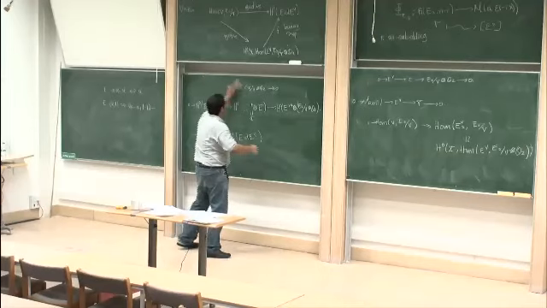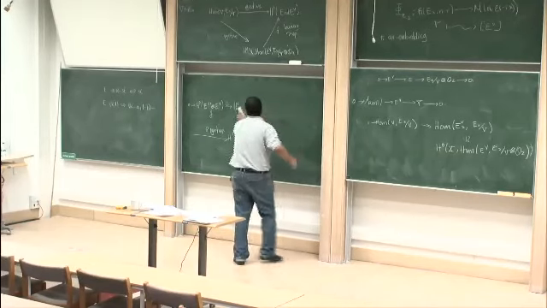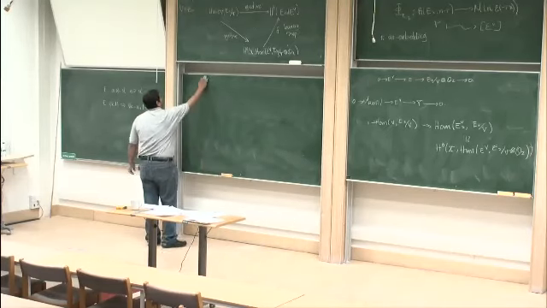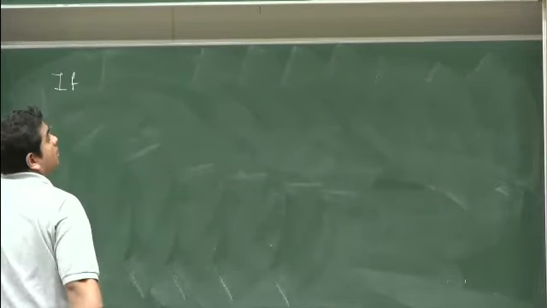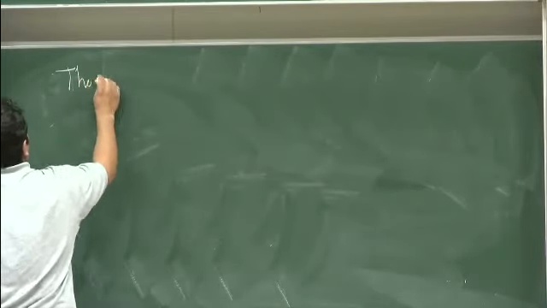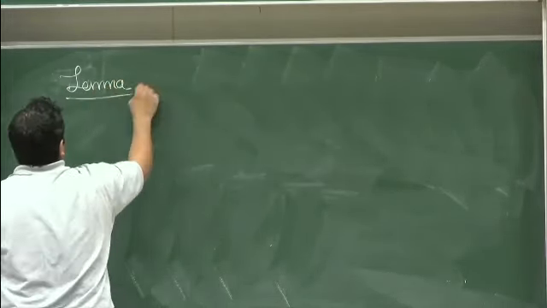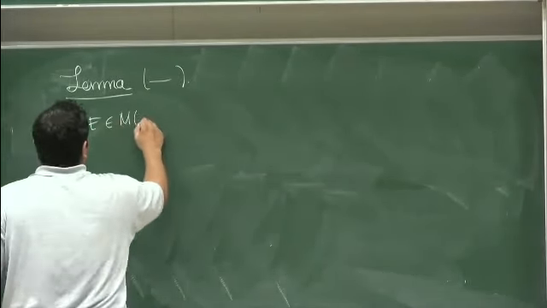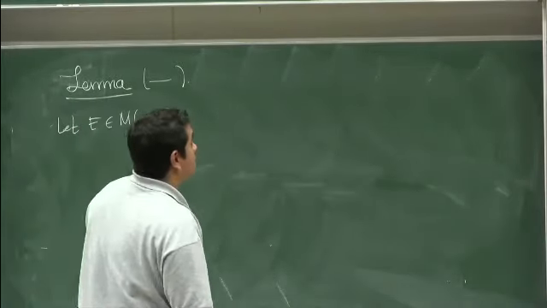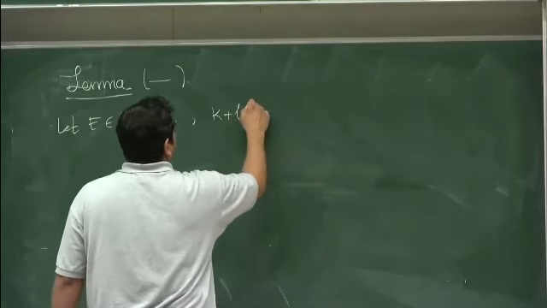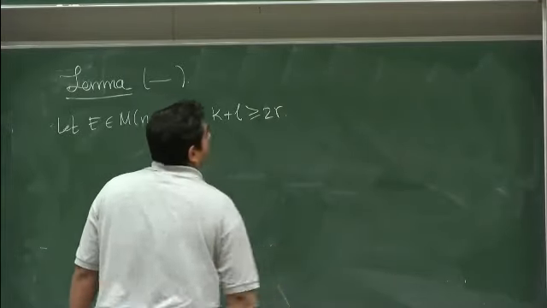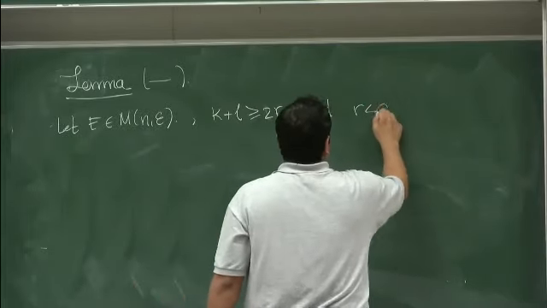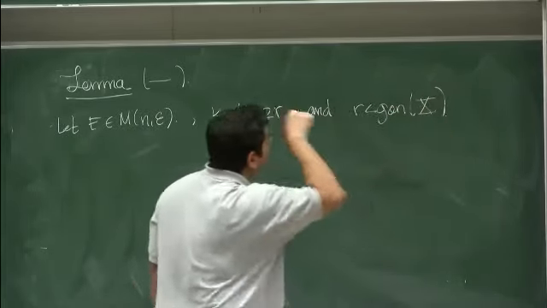And then, following the same construction, we have, maybe as a lemma, that if E is a stable vector bundle, and in this case I need that k plus L are bigger than 2R to do a double Hecke modification, and the same, if the gonality of X is less than R, then